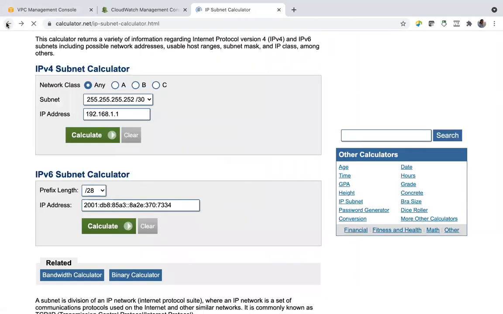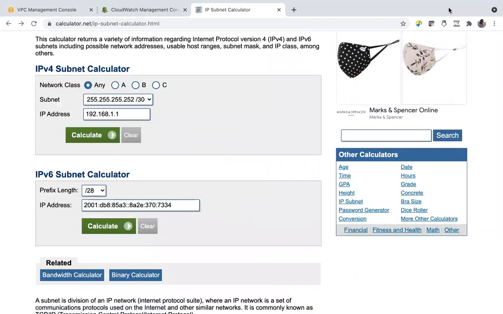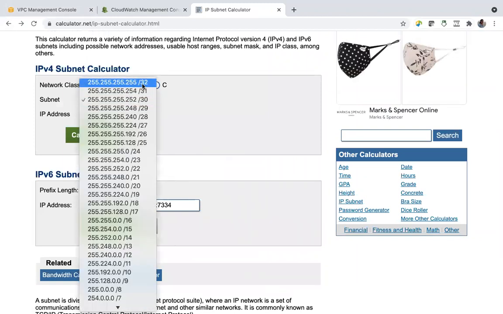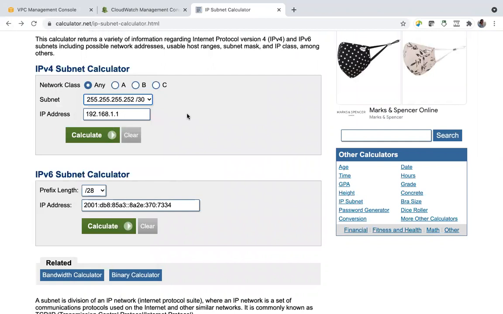It's showing other details. Yes, these are lengths: /30, /31. Length of what? Length of your network. Length decides how many devices can connect to it.